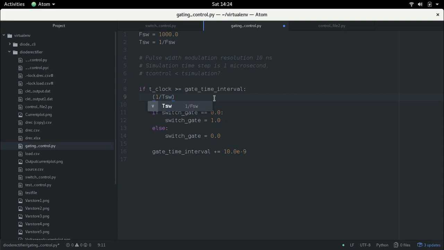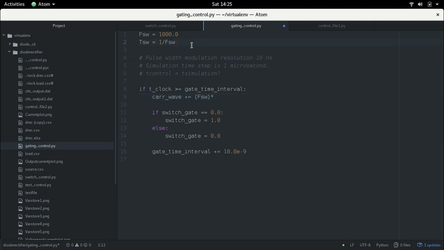So 1 by TSW is actually FSW. So we don't even have to do this. All you have to do is say carrier wave